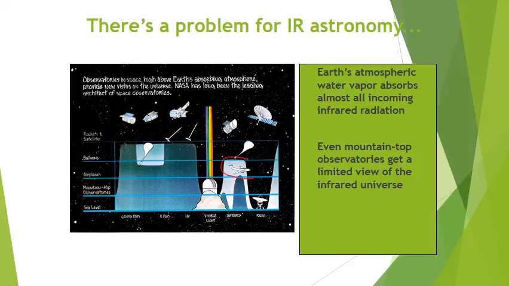So another option is to use high-altitude aircraft. Essentially, fly high into the atmosphere, so you're putting most of the atmosphere below you. Stick a telescope out the side of the aircraft and observe that way. It's much cheaper. You can change the telescope a lot more easily in an aircraft as opposed to a satellite. So that's one active area of astronomy: infrared using aircraft-based telescopes rather than satellite telescopes.